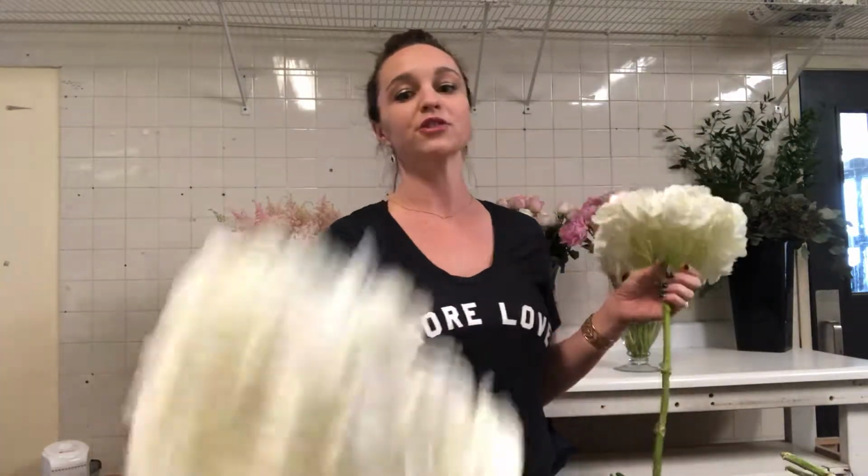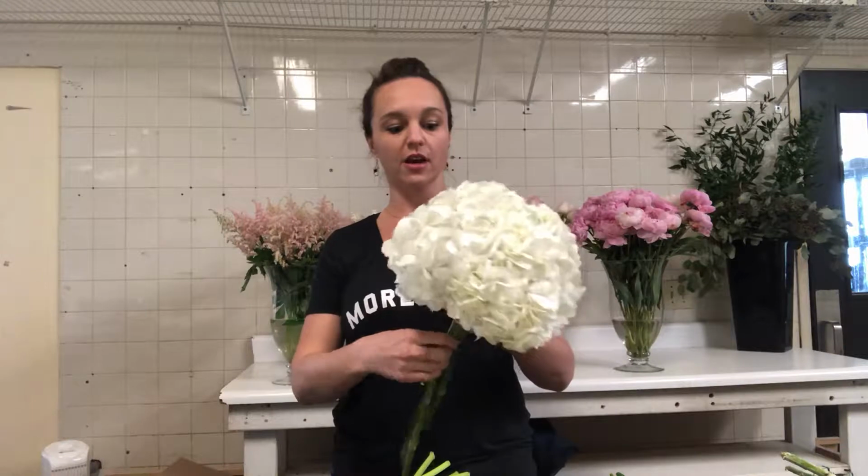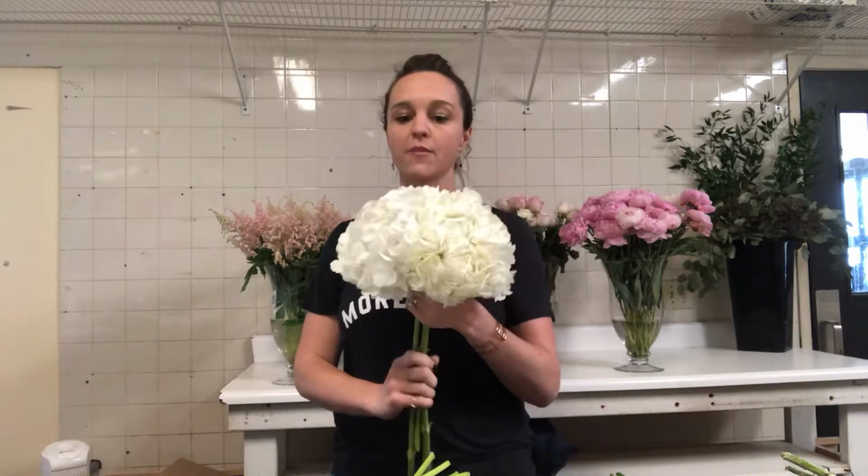We are going to start with a hydrangea base. Hydrangea are wonderful because they give us this really beautiful shape to start with, nice and full and lush, and they are already round, so that's going to give us a nice, beautiful, round bouquet shape to start. And we like to use the white jumbo hydrangea. They are a more true white color and not that cream color, and they're gonna give us a more pristine